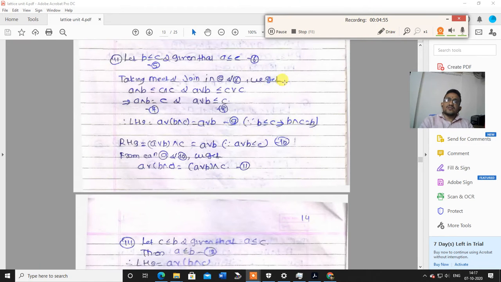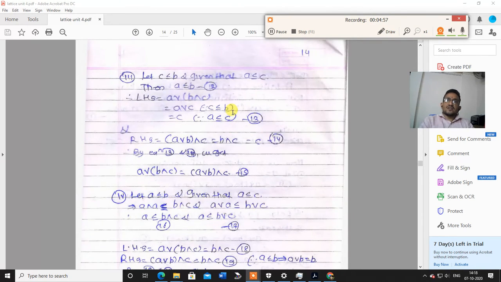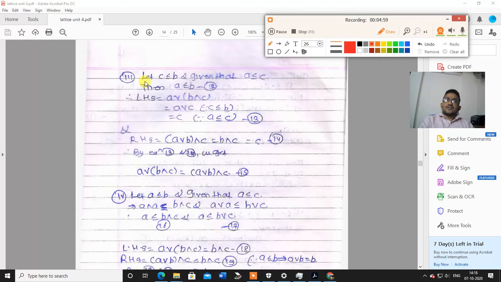पुन्हा आपण third case बघणार आहोत. What is the third case? Let C is related to B. Okay, आणि आपल्याला पूर्ण काढलेलं आहे A is related to C. So then by transitivity, as A is related to C and C is related to B, by transitivity we can say A is related to B.